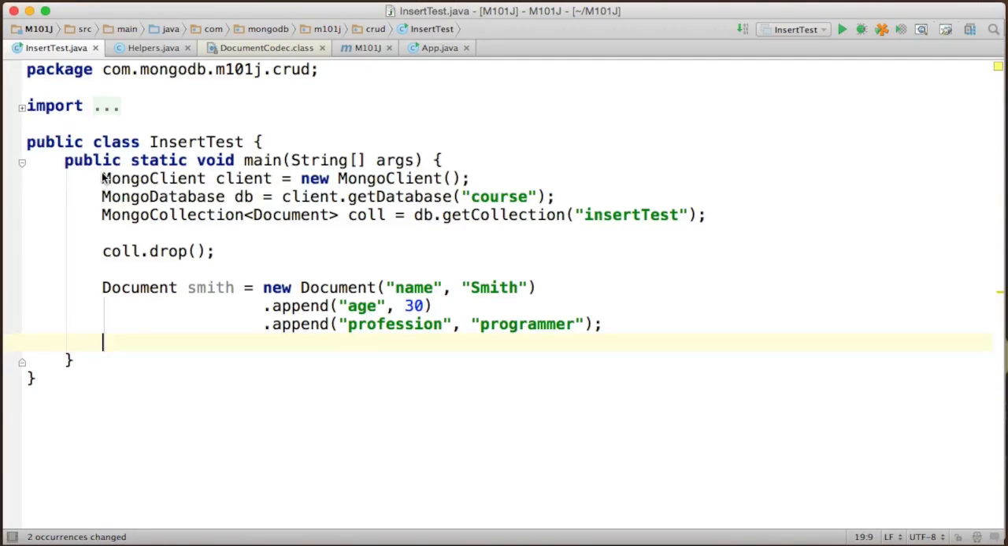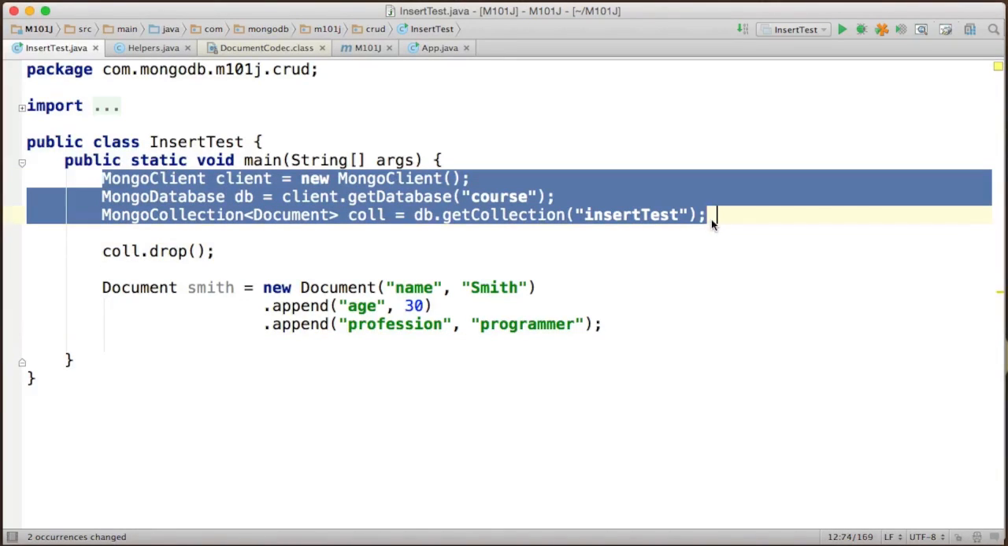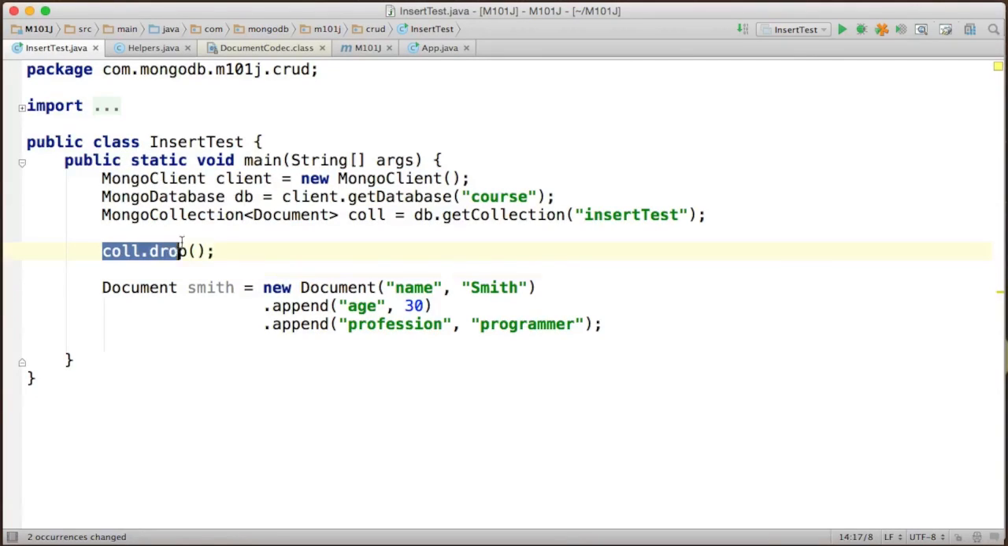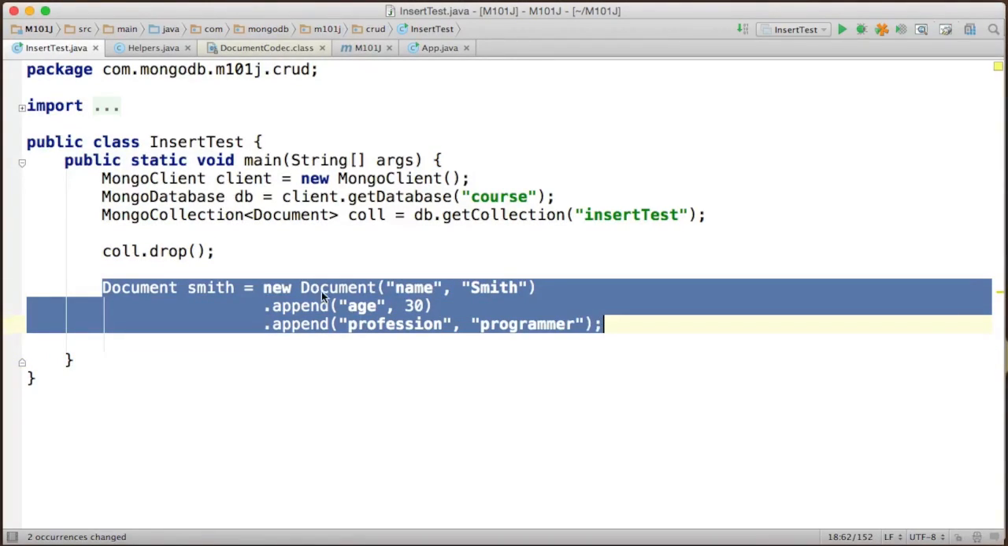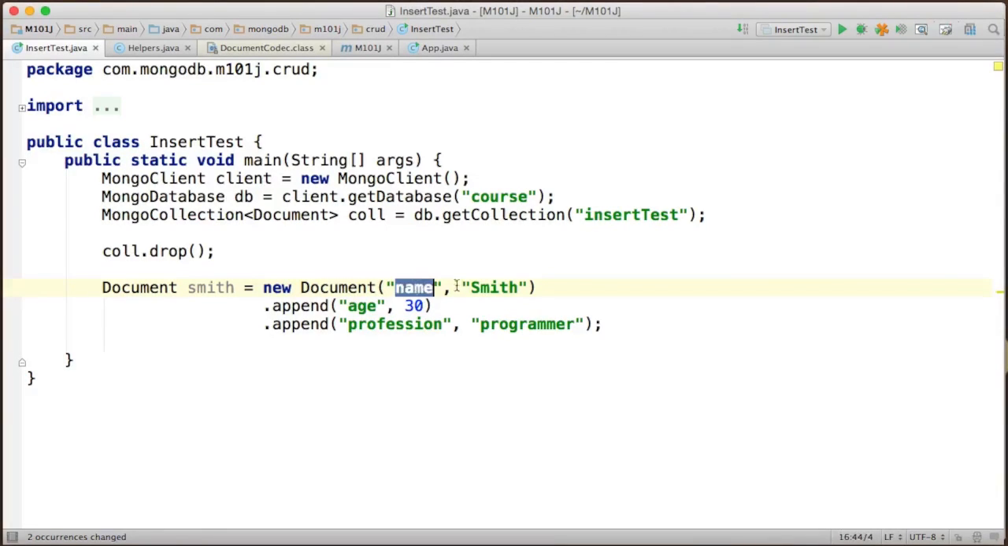So I've just copied some of the code from a previous lecture where we create the Mongo client, database, and collection, and put in this call to drop the collection just so we can run this over and over again and get repeatable results. And I also created a document named Smith with 3 fields: name Smith, age 30, and profession programmer. Now to insert this with the driver, you simply say